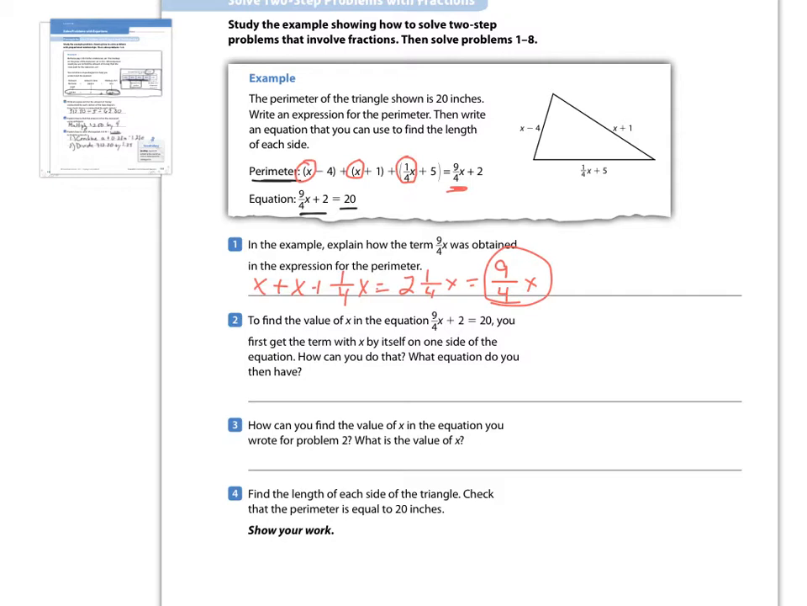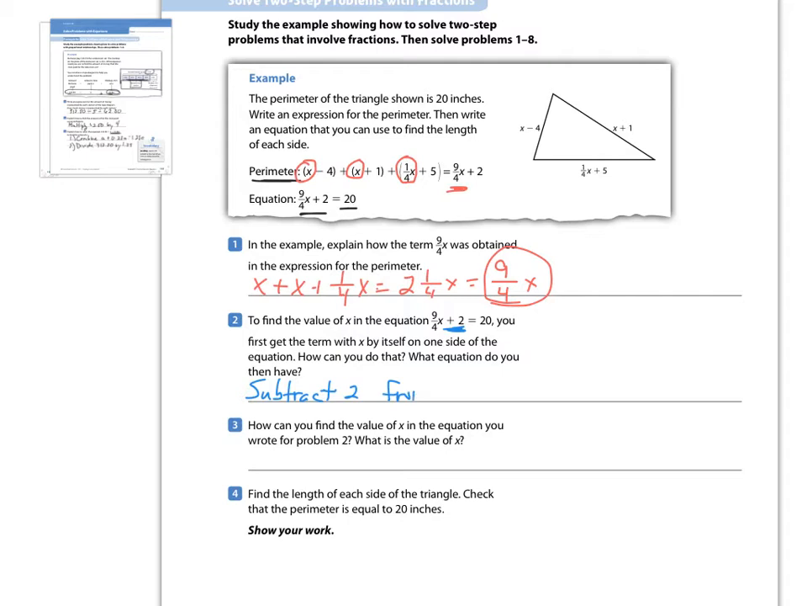Number 2, to find the value of x in the equation, you first get the term with x, or x by itself, on one side of the equation. That's where I use the term isolate the variable term. How can you do that? Well, to isolate the variable term, we need to get rid of that adding 2. Well, when we're working with an equation, we use inverse operations. So the inverse of adding 2 is subtract 2,